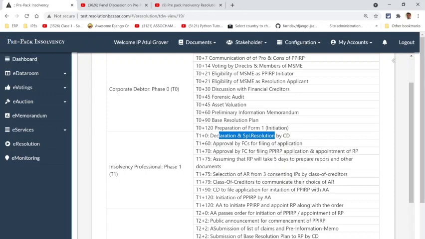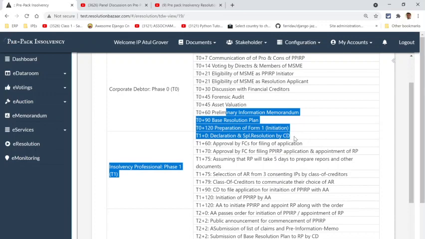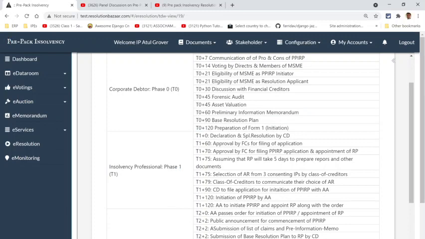And so all these preliminary base resolution plan, declaration, etc. are all required to be shown to the financial creditors. The financial creditors will approve for filing of application, and they will also approve for appointment of resolution professional. So they will say, yes, we are okay with it, you can start filing. So this is also a formal approval the financial creditors will give in writing.